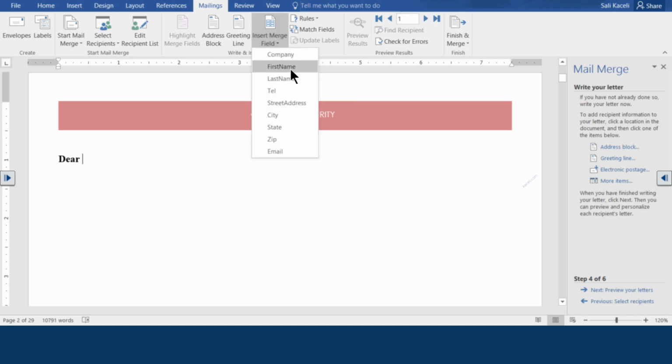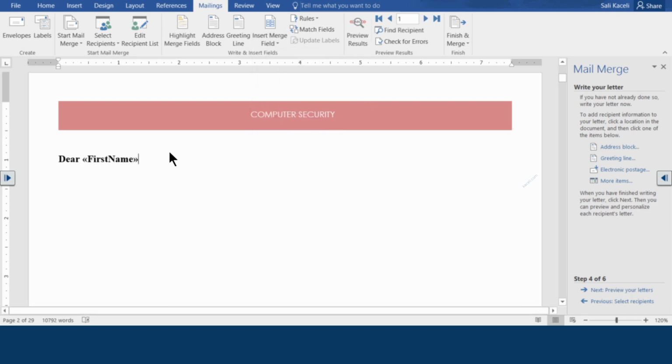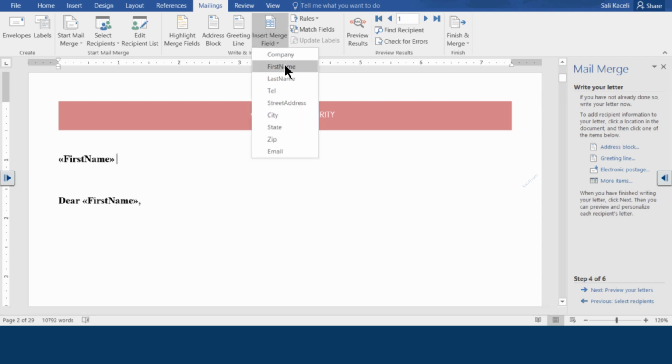So dear first name. The computer will put the first name in there. Then you go to the next line here, and then you start writing your letter basically. Now the other thing you could do is in here you could put their address so that it will be part of the envelope. So we click here under insert field, first name, space, last name,